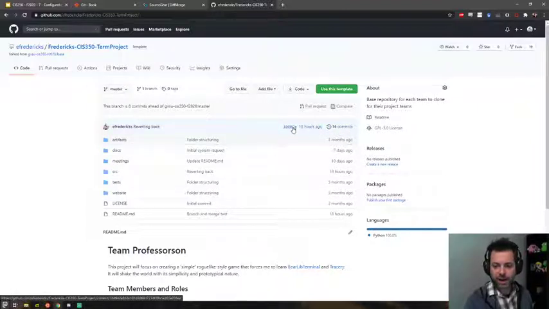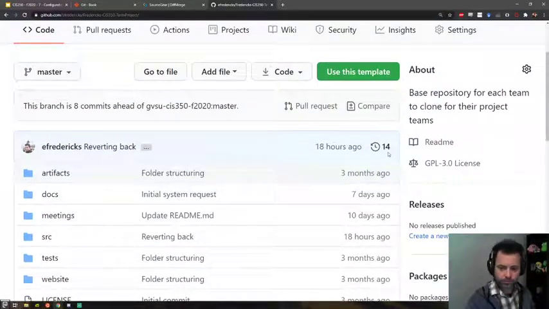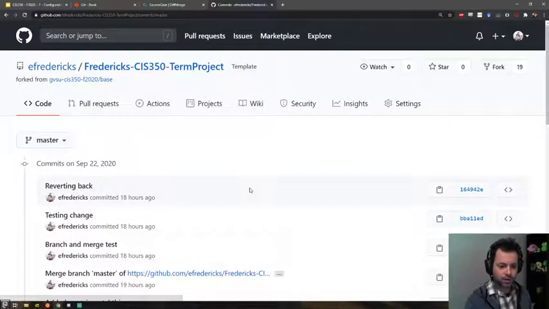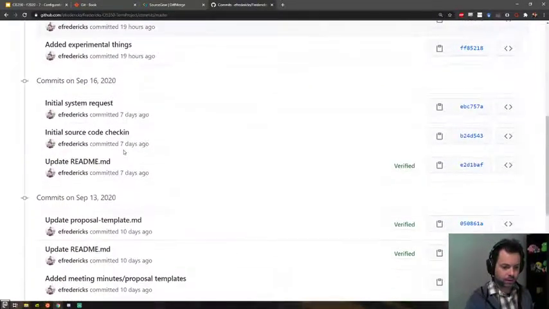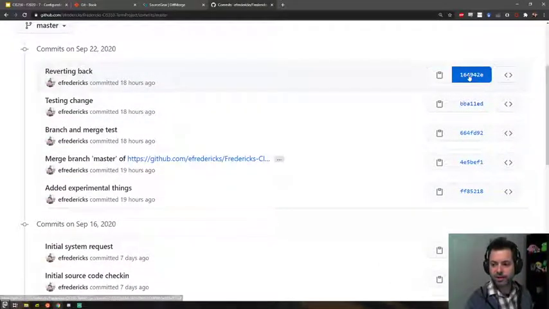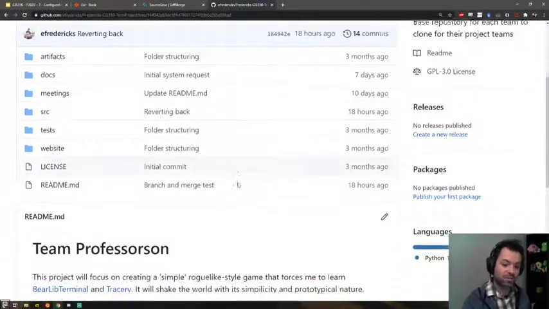Not necessarily obvious, but all of these are links. So if I just click 14, let me zoom in a bit there. Maybe zoom out so that commits is there. 14 commits. So here you have basically a nice, pretty webified view of the Git log. A nice, easy way to copy and paste the identifier if you want. You can even look at what the state of the repo was at this point in time.